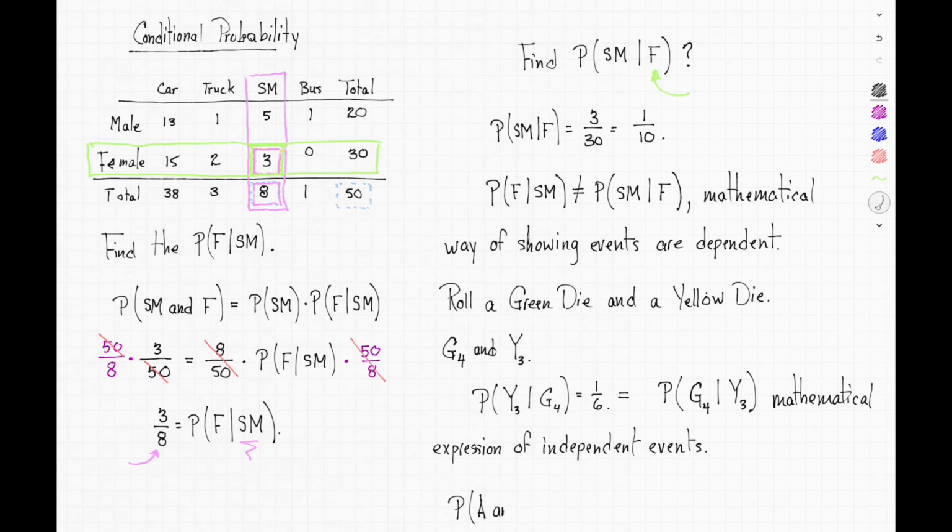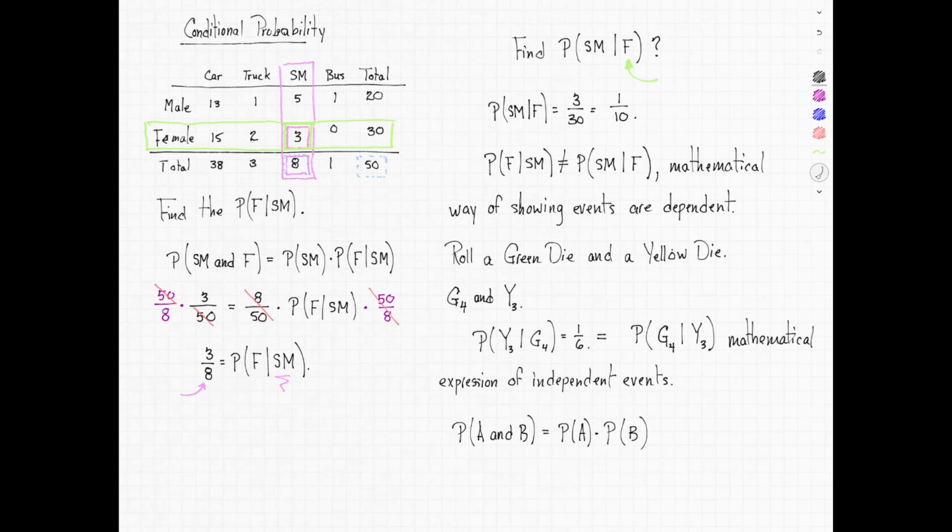And the final step is this. When that happens, we say the probability of A and B becomes the probability of A times the probability of B. And that is when the probability of B given A is equal to the probability of A given B. Or you could just say that the probability of B given A equals the probability of B. And that is how you find conditional probabilities, and it shows what the difference is between a dependent and independent event. Hope that